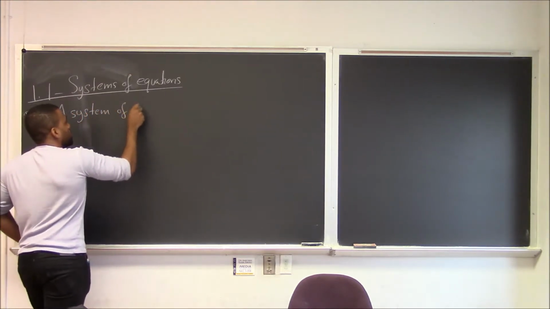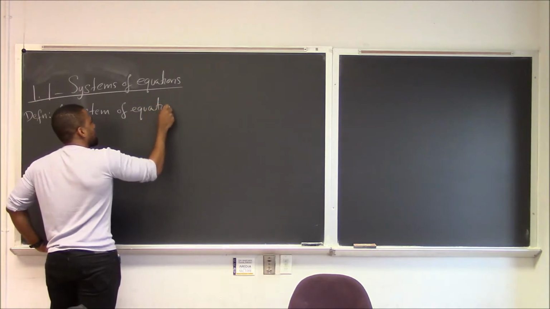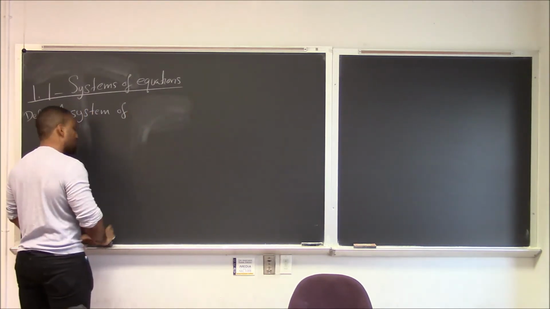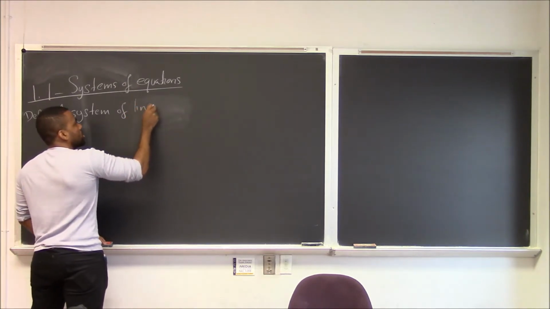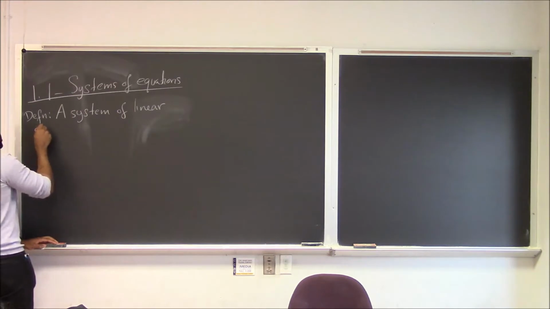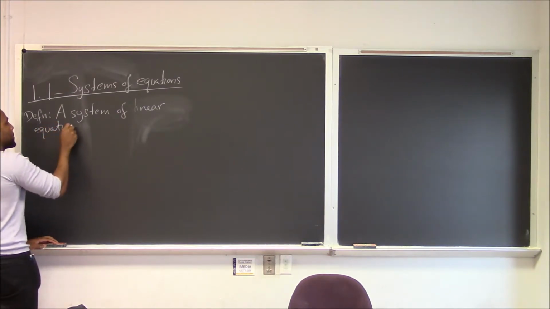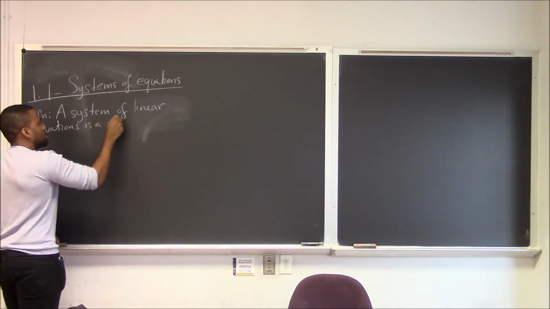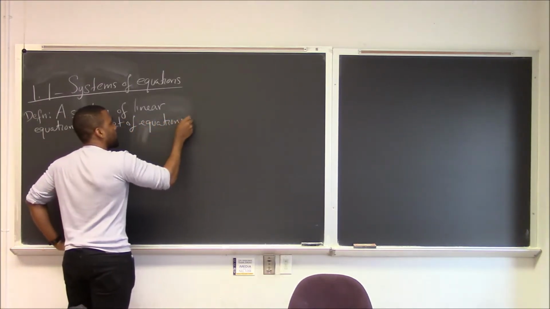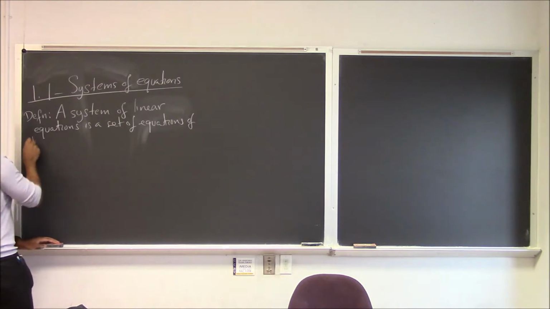System of equations, and we can write for emphasis linear equations. This is linear algebra. Or you can say a linear system of equations or a system of linear equations is a set of equations of the form